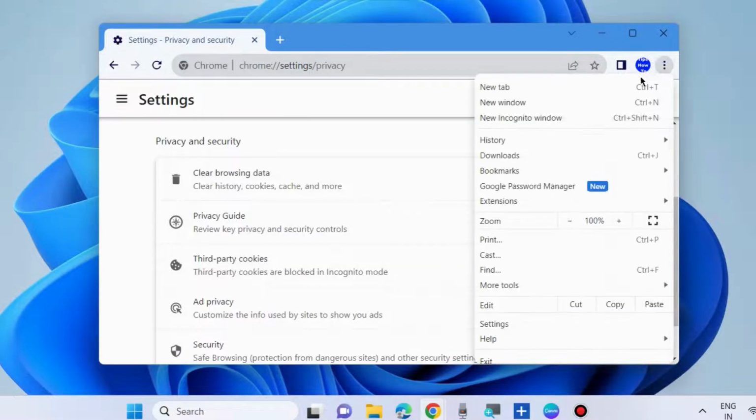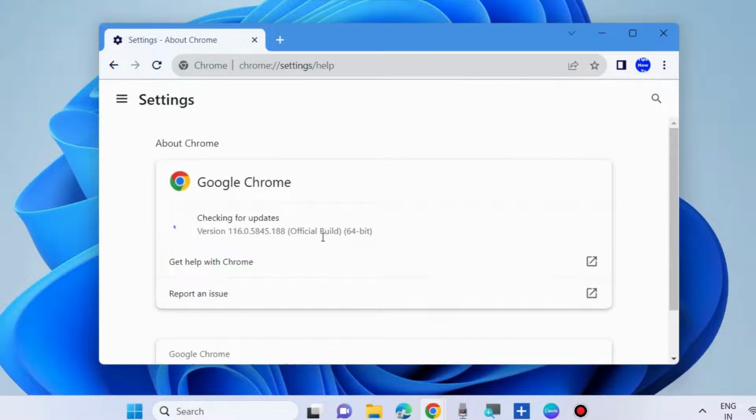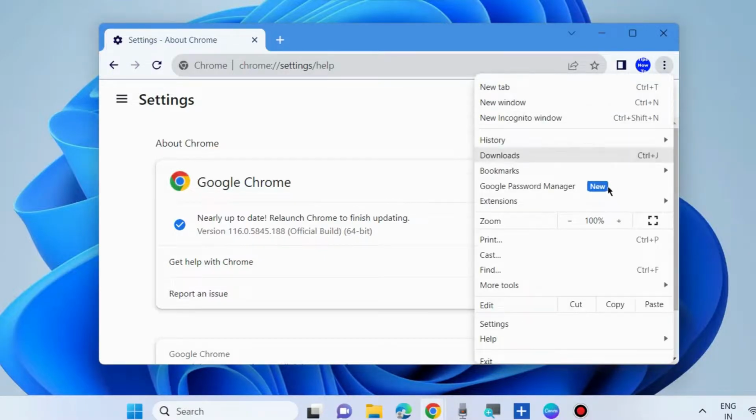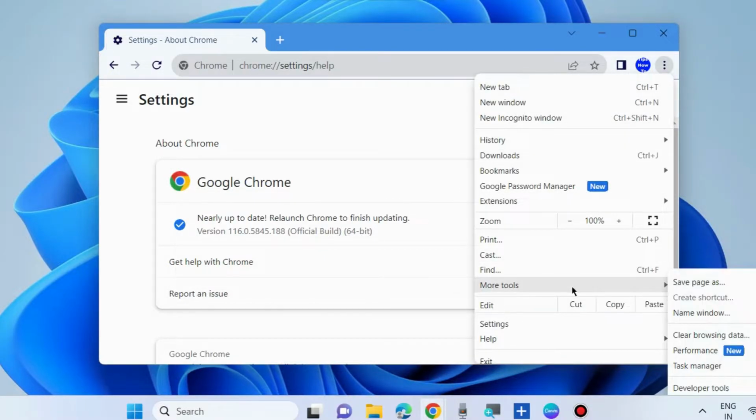Thereafter, again go to the three vertical dots and choose Help, About Google Chrome, and update your browser. About Google Chrome, and it will check for updates of your browser. The same method should be applied in the Microsoft Edge browser. Update your browser to resolve the browser error. Thereafter, go to